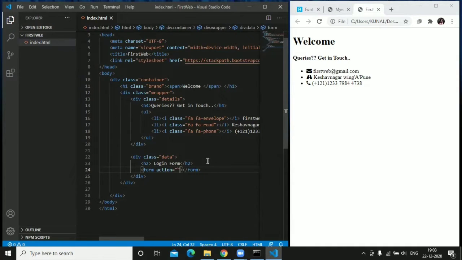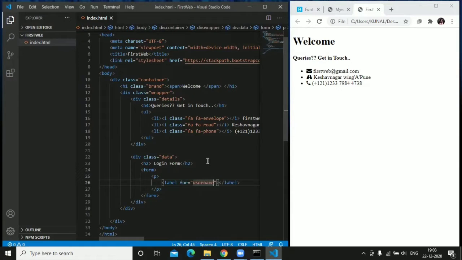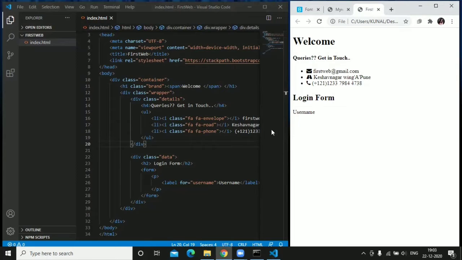Here we will create another tag, form, as we have to generate a form, right? For that the form tag is used. Inside that we will use a p tag. So the label, what we have to display first, which is username. The user has to enter the username, right? For that we have to create the label first. Let's just check if username is displayed or not.